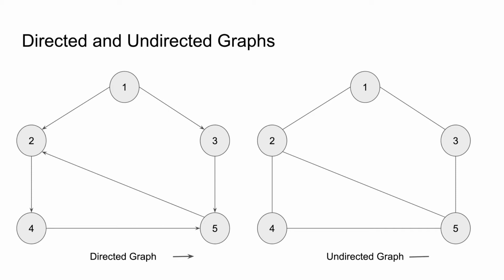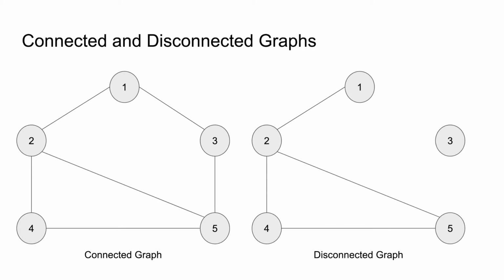And this is just to give you an idea on how to think about graphs. When you program, you will generally represent the graph in a neutral way. It's the same way you represent a directed graph as you represent an undirected graph. Next, let's look at different kinds of graphs on a different basis. So we have connected and disconnected graphs.